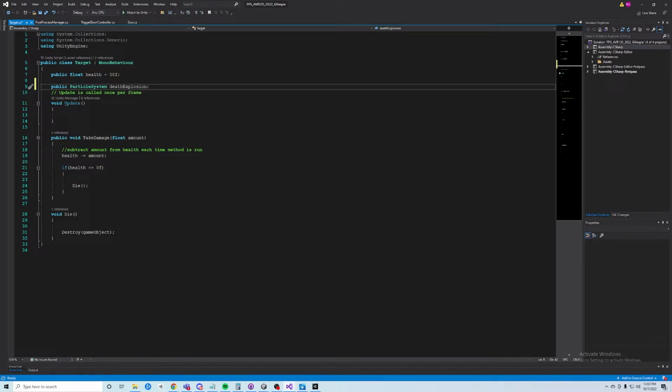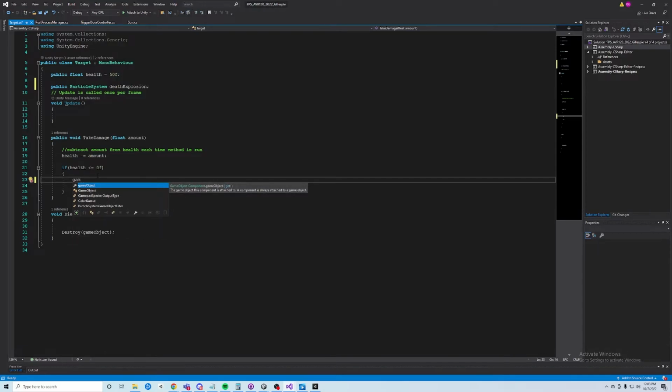And then what we'll go ahead and do is we'll go into the take damage method, and under the if statement, we'll say that when its health is less than 0, we're going to get access to this mesh render. So if you remember, I said the mesh render allows you to see the object. So we'll go into game object. This will reference the game object that this is on. We'll use the dot notation and get component feature of Unity Engine. We will get the mesh renderer component, okay,